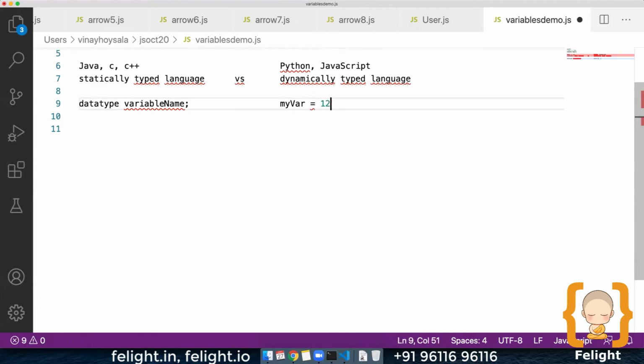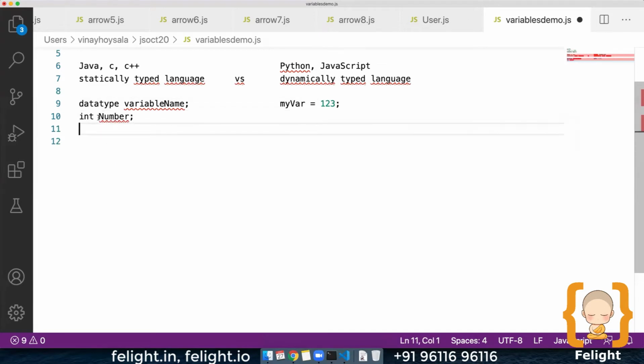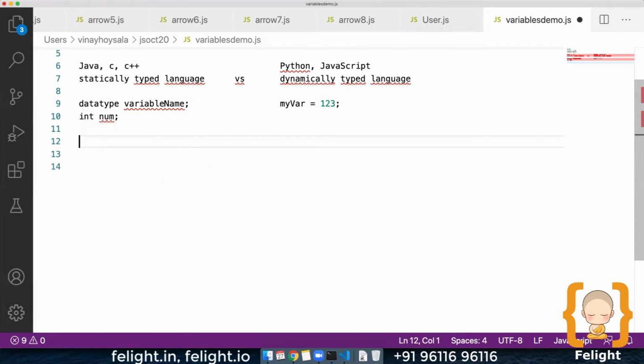What do you want to assign? Say 1, 2, 3. Now, for example, the data type can be, let's say, int num. So, in a dynamically typed language, I have a variable.